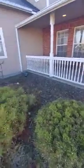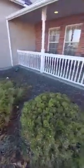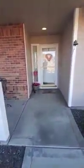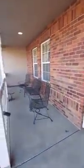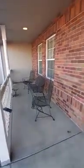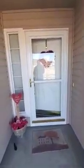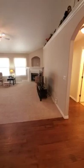Just to give you a feel for the landscaping out here, they've got permabark and some phlox and some evergreen bushes and stuff, so it's pretty low maintenance. You've got a little patio up front. It's about 5 feet wide and 15 feet deep, so there's a pretty good amount of space right there. And here's your entrance. For your reference again, same type of fiber compound siding. It's a wood fiber siding, which is pretty common here. So there's a storm door and then your entry door, and you walk in